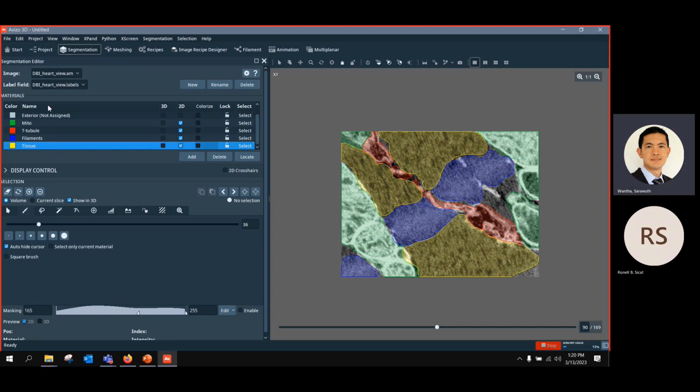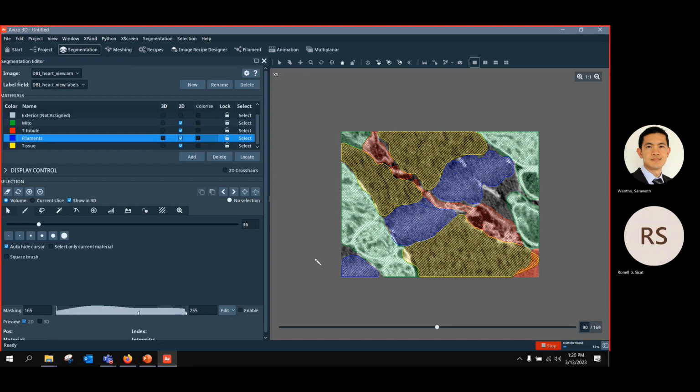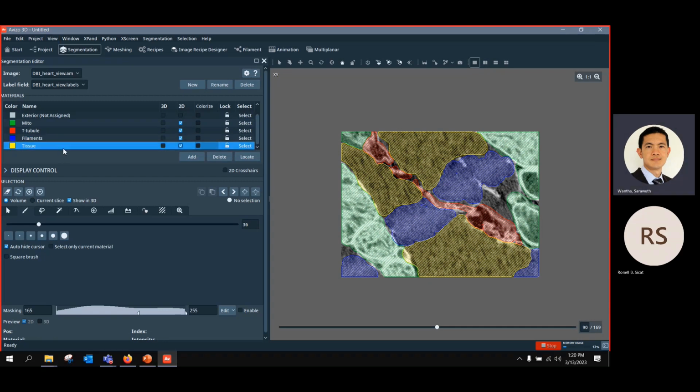You have this little part here, go again to filament, and then add to filament. So now we have all the structures painted. A little bit here, yes, for tissue. So you can see the mitochondria in green, T-tubule in red, filament in blue, and